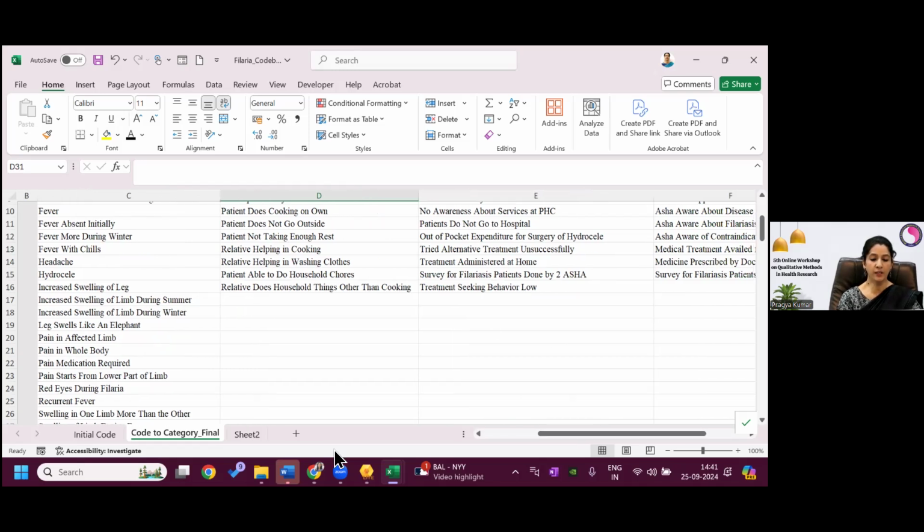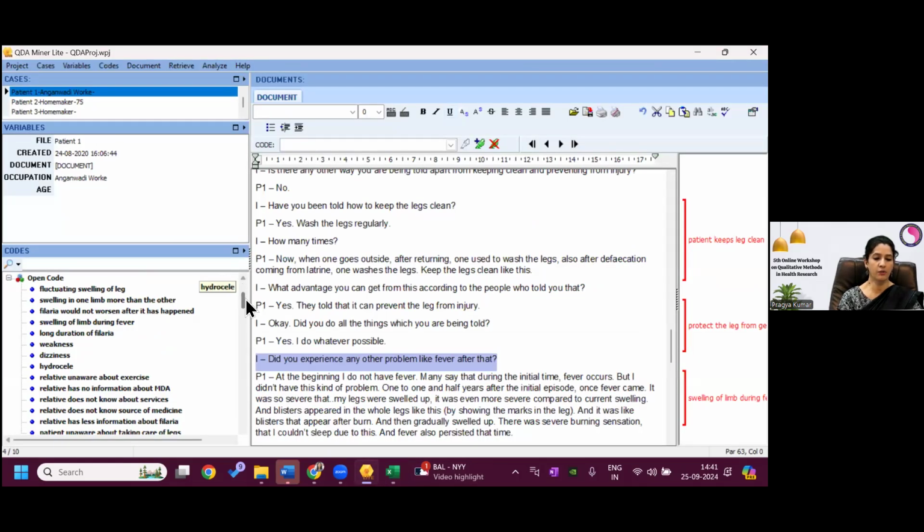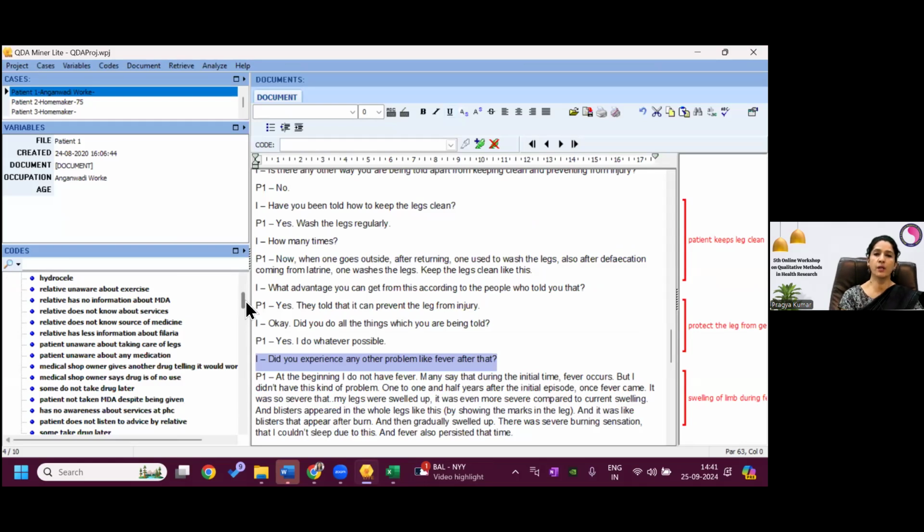And the same thing you have to repeat in QDA Miner. This process can be done in the QDA also.